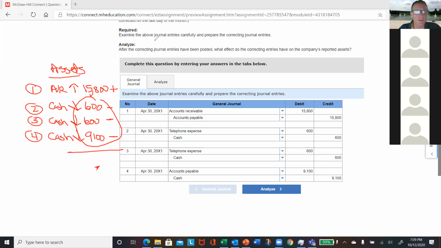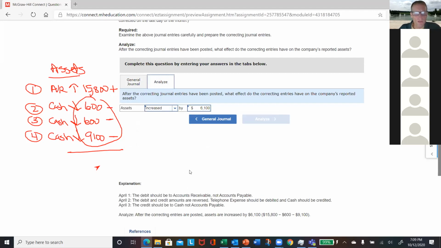If I go back and take a look at what they wanted you to do, I'm just going to show this. This looks like it's right down here. This is the actual answer. It says, after the correcting entries are posted, assets are increased by, and they wanted you to put 6,100. And they're showing you right here how they did that calculation. They took